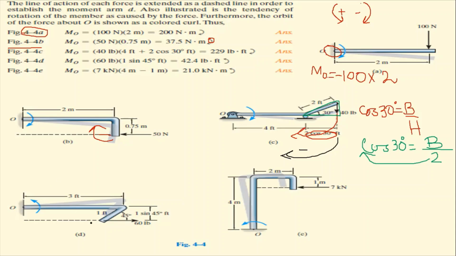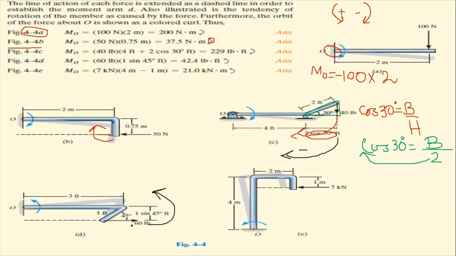And right now I'm moving towards the D part. So what we have to do over here, look at it. Here is the force, and we need to know this perpendicular length, because when we rotate it, so it will rotate like this. Now the situation is different, and we are moving towards the anti-clockwise direction, and you can see in this 4D answer that its rotation is anti-clockwise, so direction is changed right now.